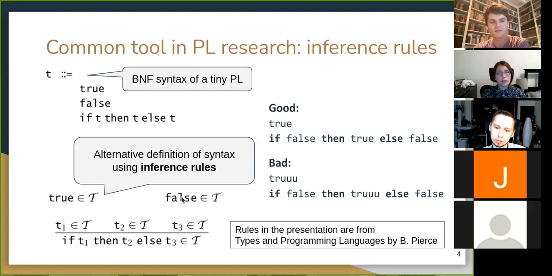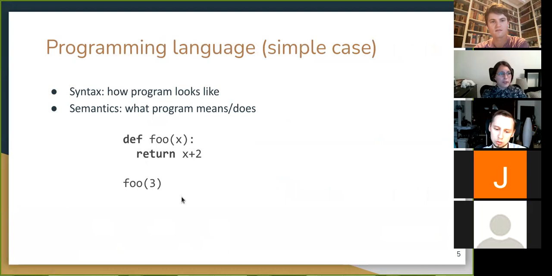Okay, so that's just the mechanics, the tool that is going to be used throughout the talk to define several other things related to programming languages. And often when we look at research papers about programming languages, there should be some way of defining what language we are talking about, and at least two things that usually are there. First is, of course, syntax. If you don't know how to write a program, then how do we know what it is? And then the other thing is semantics,